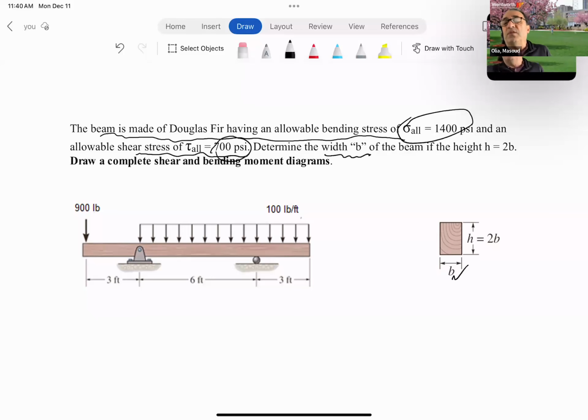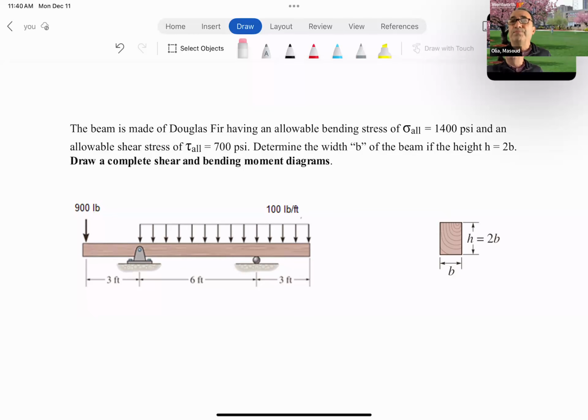So whatever the width is, if we calculate it to be 3 inches, then the height would be 6 inches. And in the process, obviously, we have to draw the shear bending moment diagram for this beam, because we need the values of the maximum shear load and maximum bending moment. So let me go ahead, guys, and